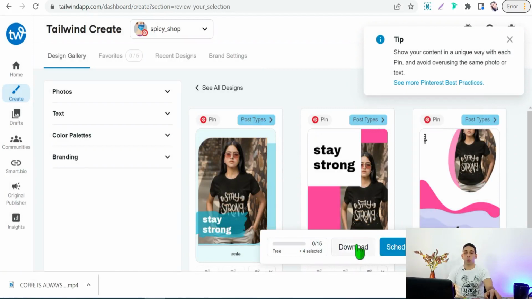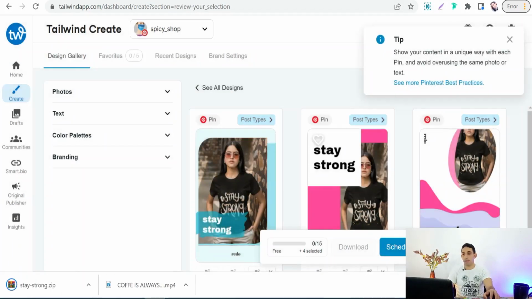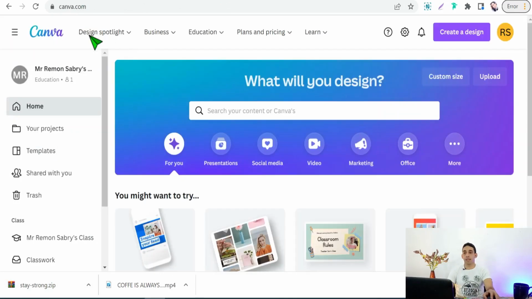There you can download all these pins, or you can schedule designs to your Pinterest account automatically. So we can select this one, download all these templates, confirm download, as you see, in a zip file or a compressed file. Okay, and now let's move on to the last website for today, that is canva.com, where